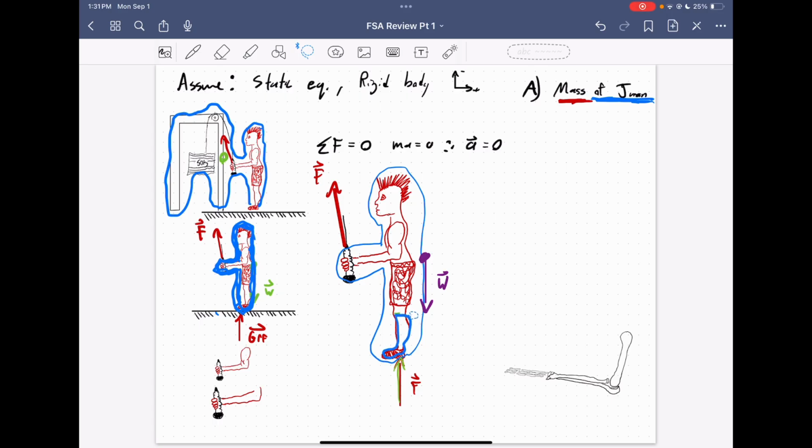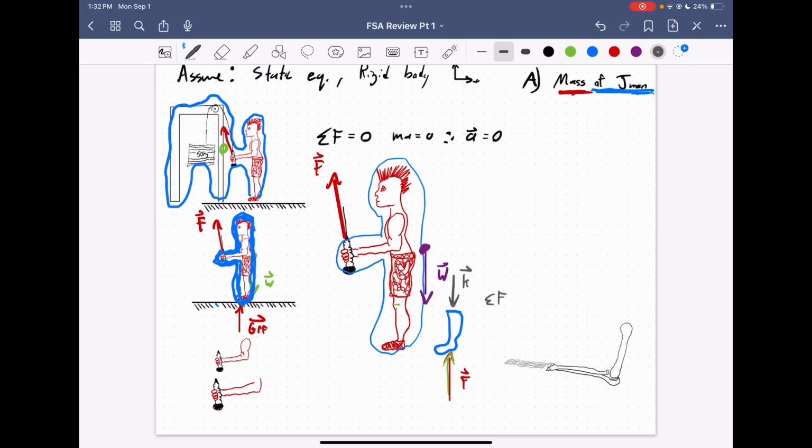So just looking at this leg, we have our force on it. If this was our system, we'd know there has to be some force at the knee. We'll do a different color there. Has to be some force at the knee so that when we add them up, it equals 0. Because without that force at the knee, we have F equals 0, which is not the case. So we know that since that leg's not flying out, that there has to be this force here,